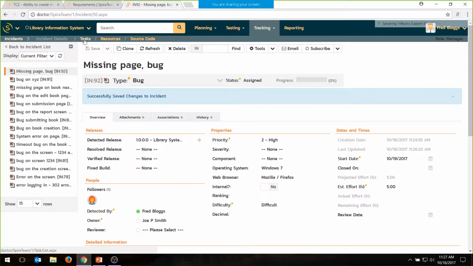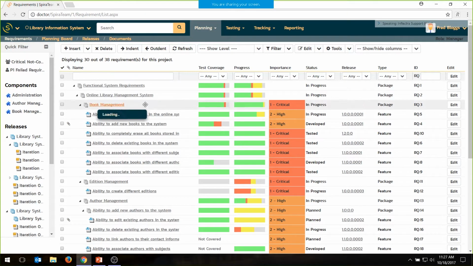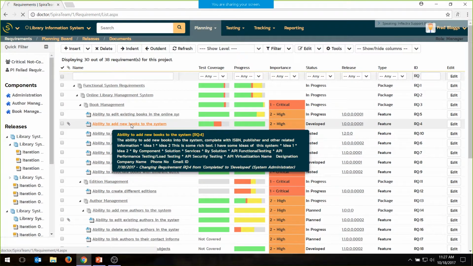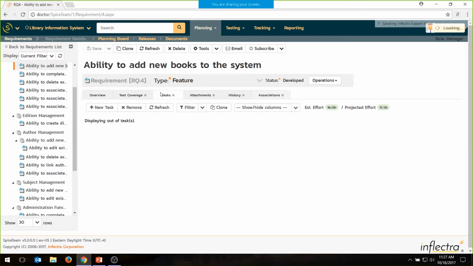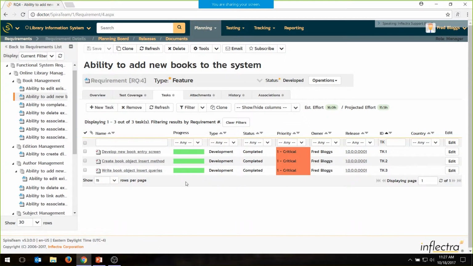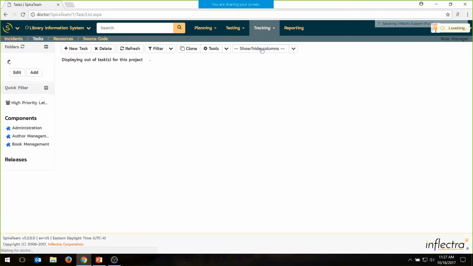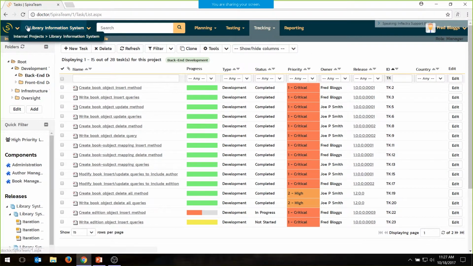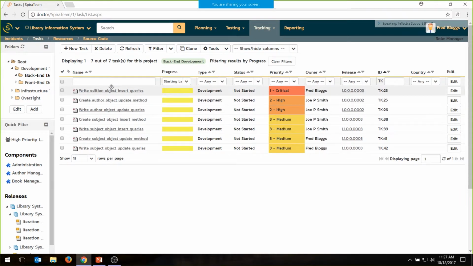The other thing I had mentioned earlier on is also the developer view, so that when we go back to our requirements page, when I go back to that original book, if you remember, we had some tasks. So these are my tasks. These can then be assigned to different developers. And that way the developers will then work on the tasks and they roll up against the requirement. So if we go into the task management view, all of the tasks will be logged right here, and you could go in here and find, let's say, a task that's starting late. We can then click on it,